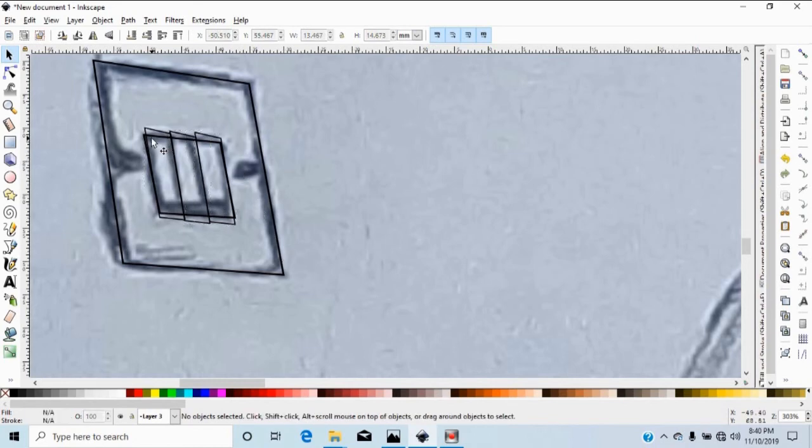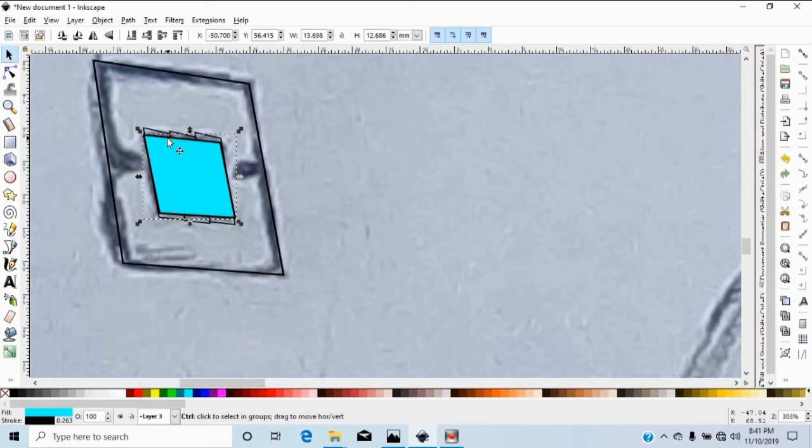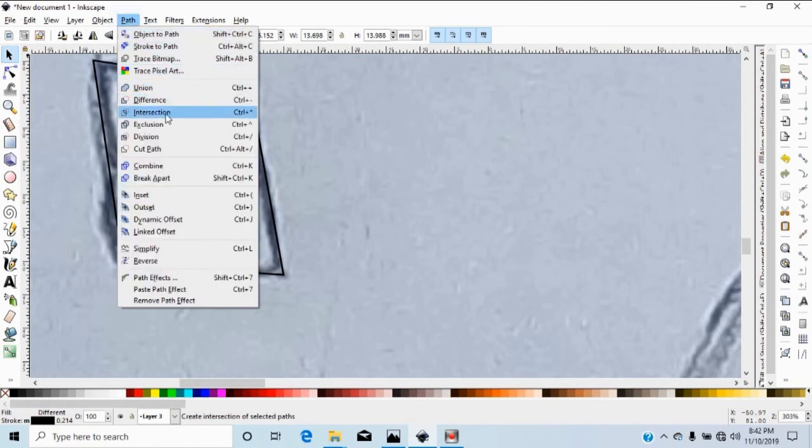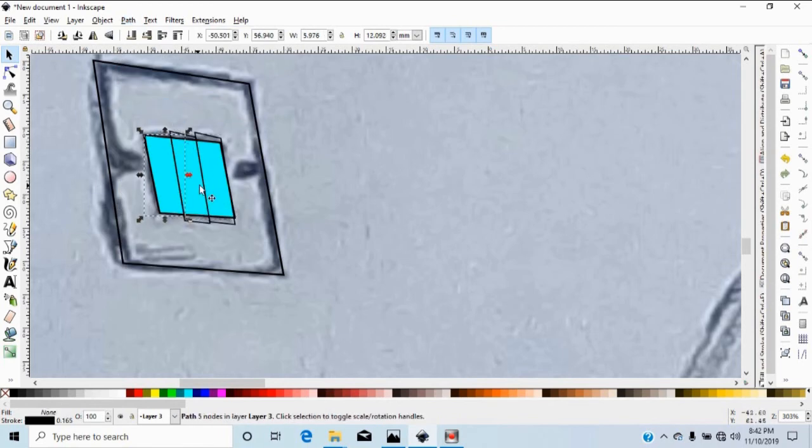So what I'm going to do now is I have to duplicate the inner rectangle here. If I could give it a color for you to have a clearer view of what I'm saying, I could duplicate this inner rectangle here using Ctrl D, then holding Ctrl plus Shift key, select the second object here, go to Path, Intersection. Then again, I could make a duplicate of this inner object here